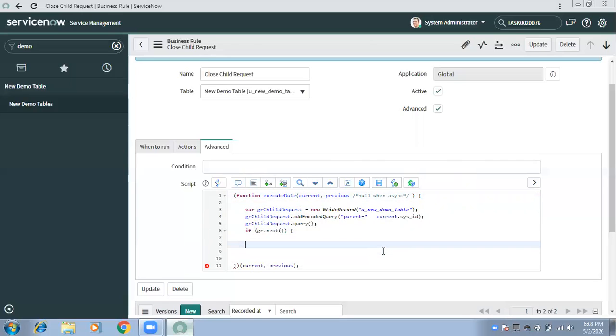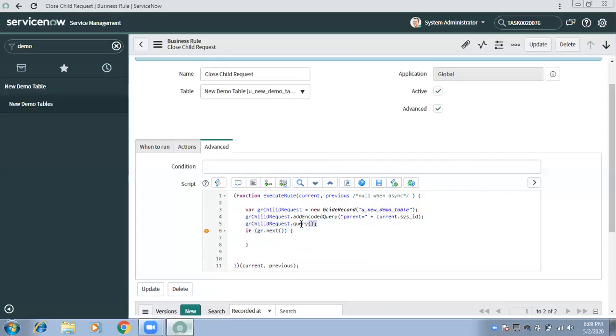Now these three lines, what they give me till now is just that it queried the record table. Queried the record and got me this particular object, which has those records with all the fields of those records. Now this line you are seeing is something which will go to each record one by one.